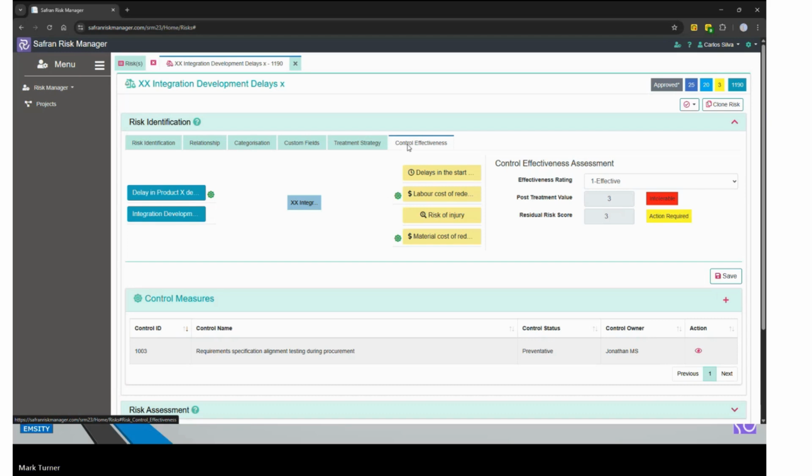So we should be looking to introduce not only the actions which can prevent that from occurring, but the controls which are constant and ongoing to monitor and detect those types of risks occurring. And so we can use control effectiveness to not only say how impactful is our risk, but also how well controlled the risk is as well.